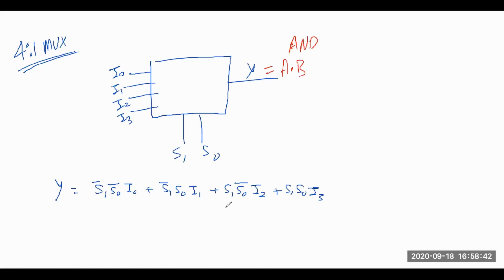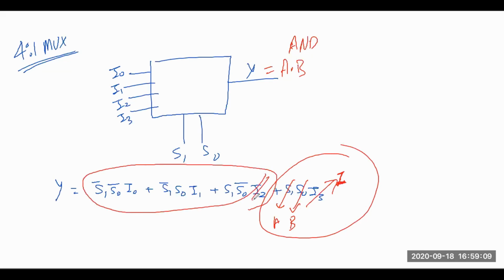Again I will go to my conventional expression, and now I want A dot B. Suppose I take S0 as A and S1 as B. Then I need to place I3 as 1, and I will get AB. If I want to eliminate all the other terms, it's very simple: take all those at 0. No need for extra effort. Put I0, I1, I2 as 0 and I3 as 1. So S0 is A, S1 is B, and the inputs are 0, 0, 0, and 1. So you directly get A dot B.